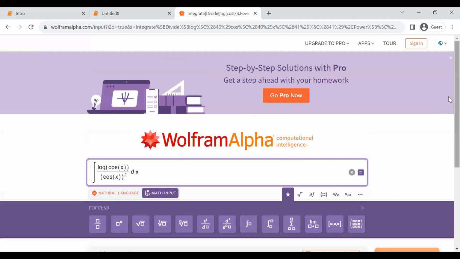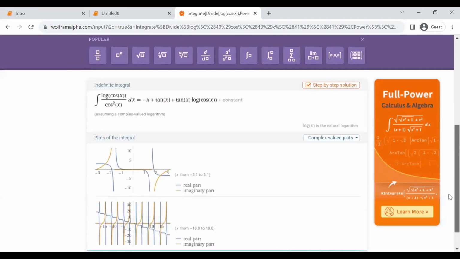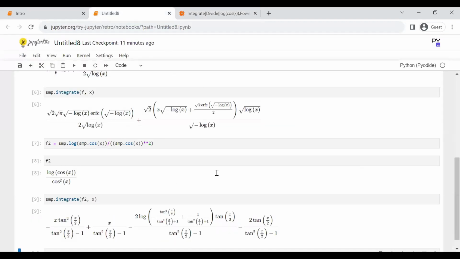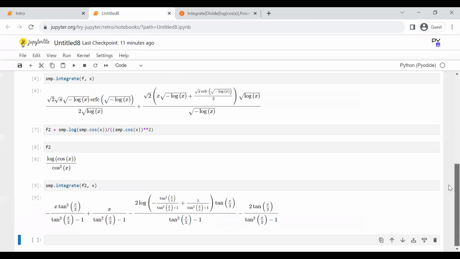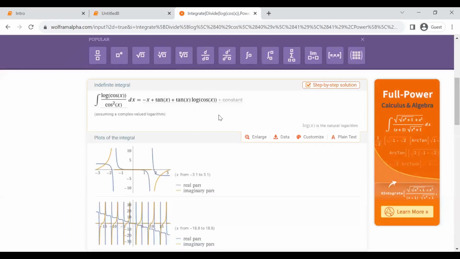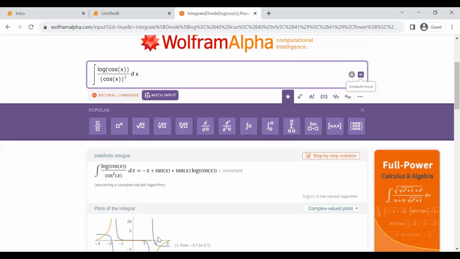Let's see what it does. It's deciphered it properly, and it's given us the answer we expected, which is log of cos x times tan x plus x. So sometimes Python just leaves you hanging with these very long answers, but Wolfram Alpha has a way of giving you very concise answers. Okay,